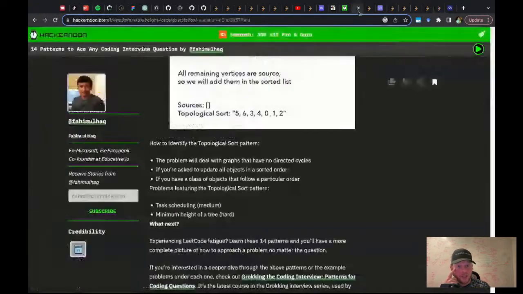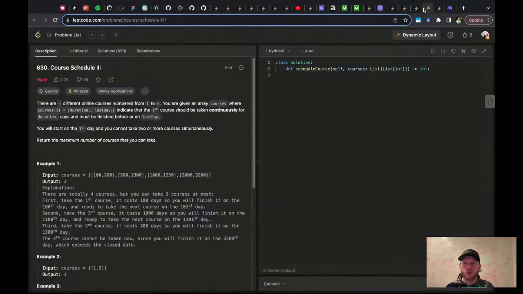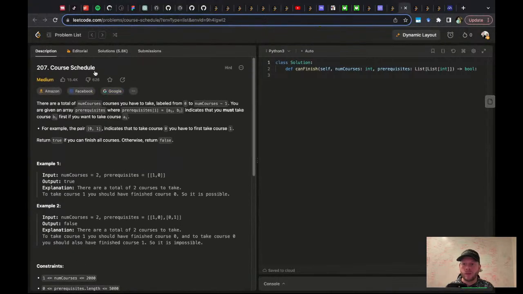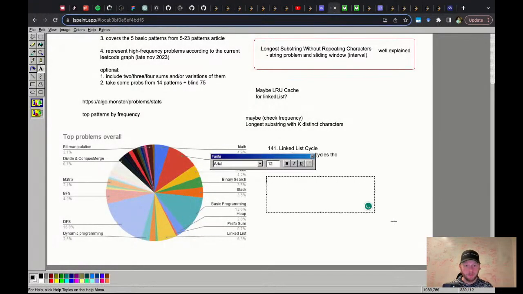So is minimum height tree the same one recommended over here? Minimum height of a tree, yeah. And task scheduling. So the course scheduling we can do in lieu of that. So this is great. Course schedule 1, 2, 3. And that is really good for a kata too, because is the solution for 2 going to build on the solution for 3? Like with 2 sum, 3 sum. Let me just write it down so I don't forget.